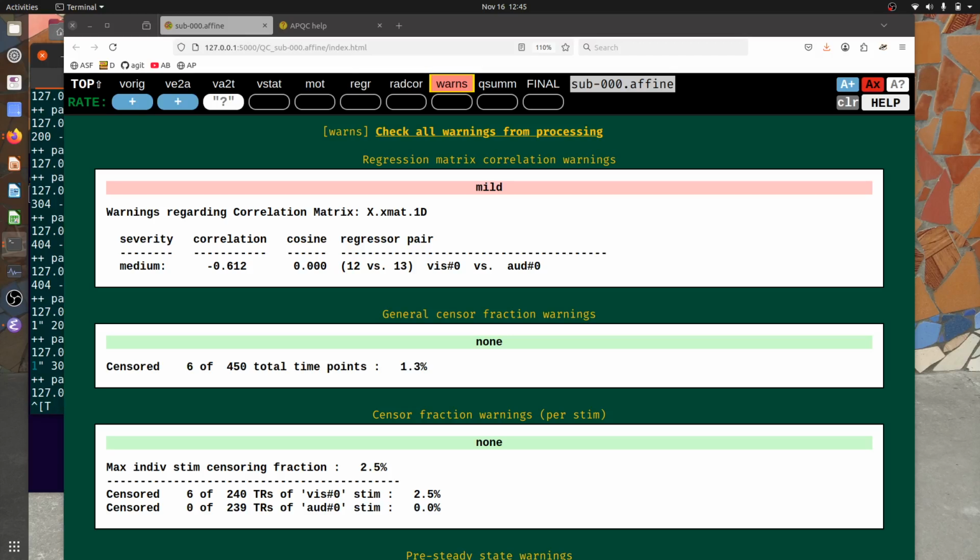We're now going to take a look at the warns block, the warnings block that's stored in the AFNI APQC HTML. One thing to note, first of all, is that the label here can have a different color and background than the rest of the QC section buttons here. What we do is we put the most severe warning,